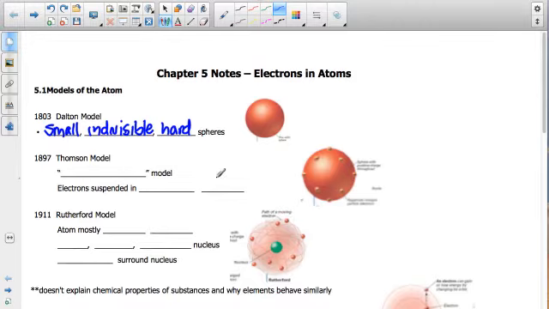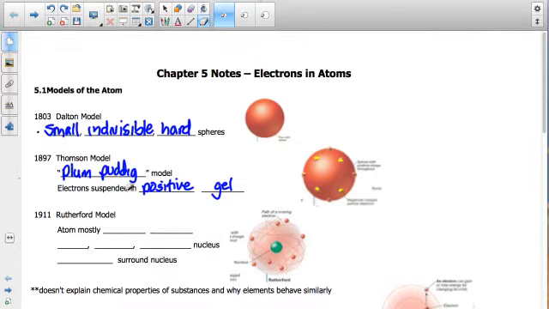Thomson came along, he discovered the electrons, so now you see these electrons showing up throughout the atom, and he stated that electrons were suspended in the atom, and the majority of the atom was a positively charged gel-like substance. So the electrons were suspended in a positive gel. That's why his model was called the plum pudding model. I think it works better if we call it the chocolate chip cookie model, where the chips are the electrons and the cookie is the positive gel, the rest of the